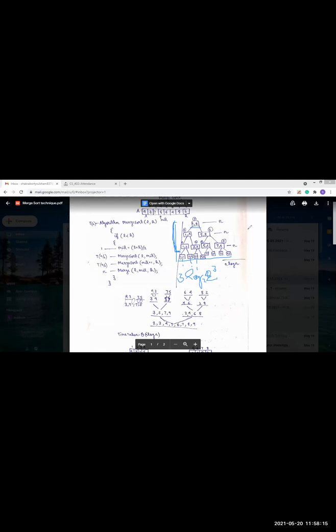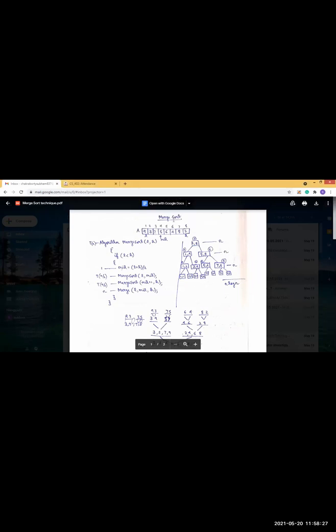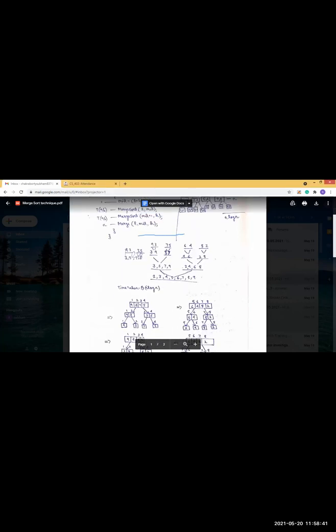Now, to make it clearer, we will explain it through an example in detail. This is our array, 9 3 7 5 6 4 8, so in total these 8 elements are present. How is the merging done? First, when we find the mid value, the array is divided into 2 parts, from 1 to 4 and 5 to 8. So first, these 2 parts will be divided.